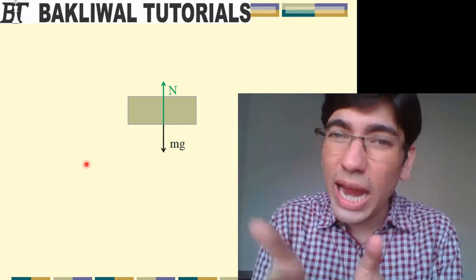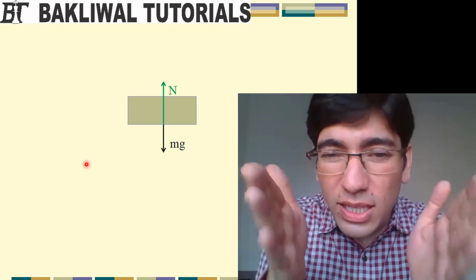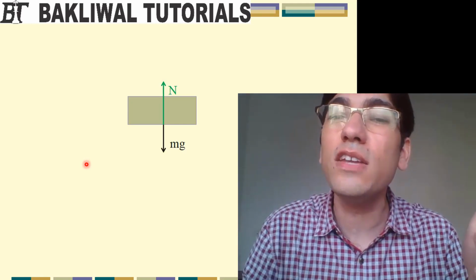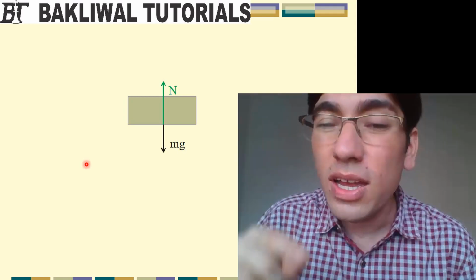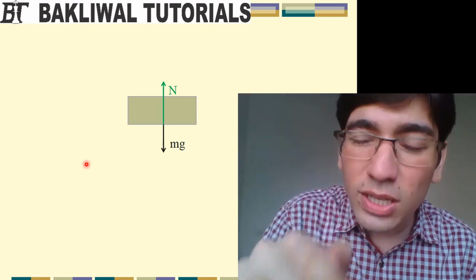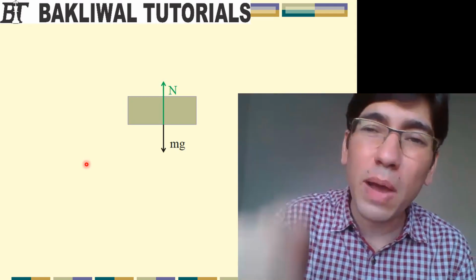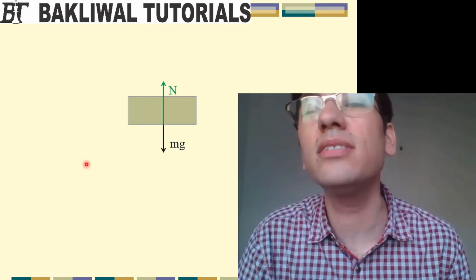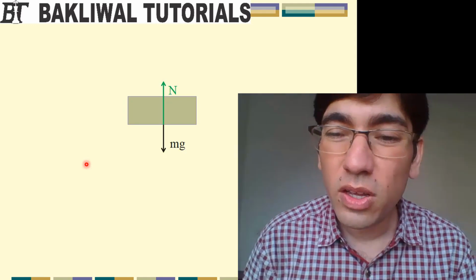Why did we not show that in the diagram? Because in the diagram our system is the block. Our focus is to analyze the forces acting on the block, and the force mg which is shown in the diagram is the force acting on the block by the Earth, and its reaction mg will act on the Earth by the block.